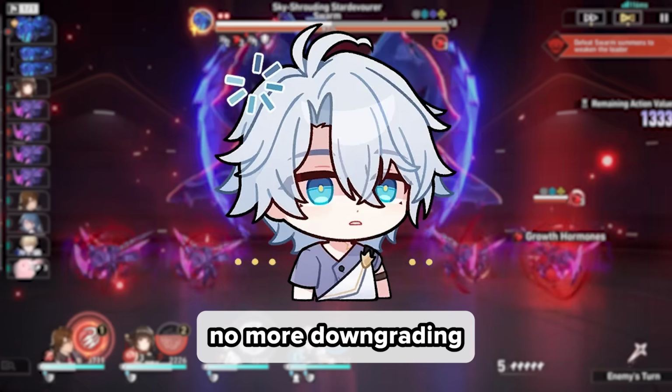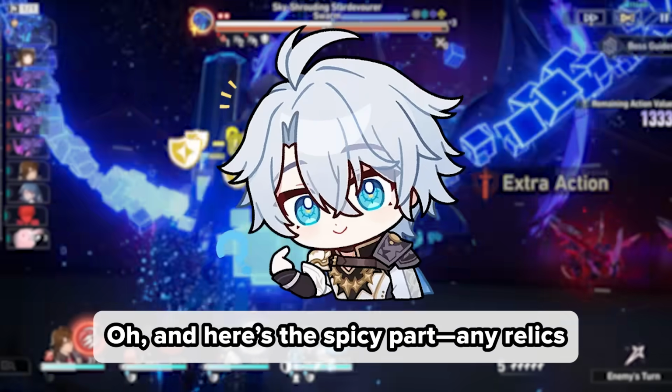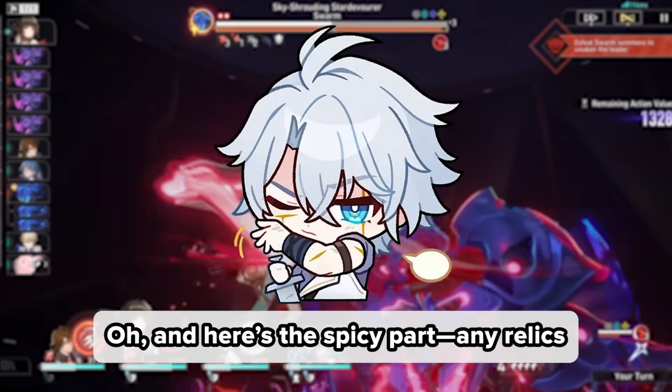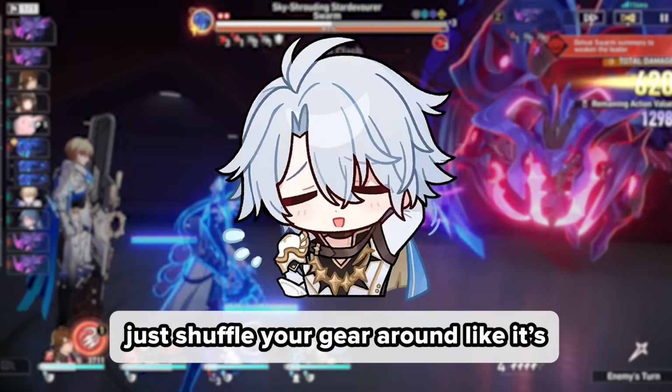Thank the Ians, no more downgrading because the game thought a random def piece was better. Oh, and here's the spicy part. Any relics you select will be marked and prioritized, meaning it won't just shuffle your gear around like it's redecorating